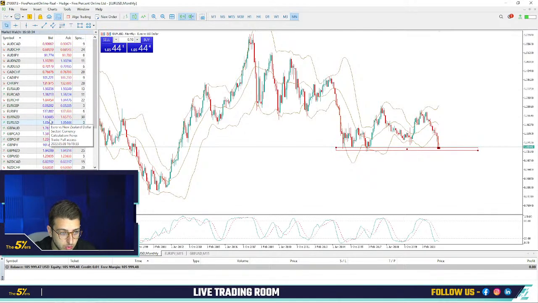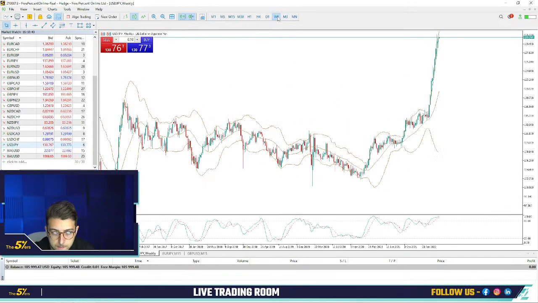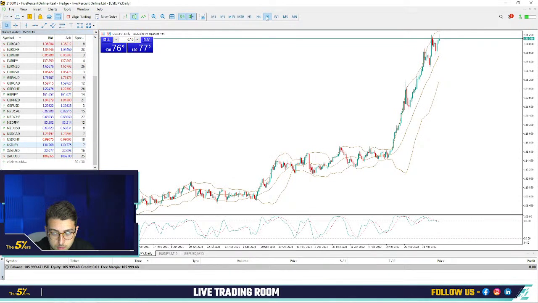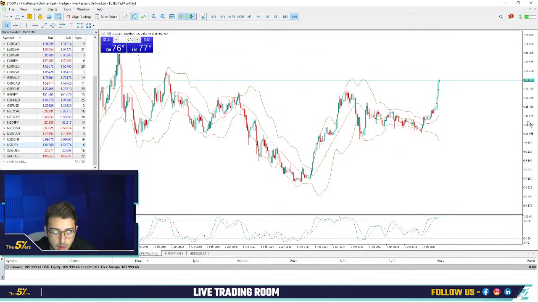So this is for the euro dollar. For the dollar yen, it's quite the same. Not quite the same, because the yen is even weaker than the euro. But the dollar is still strengthening against the yen. We see it has arrived at a zone close to 2022. It's like the 20 years level here.